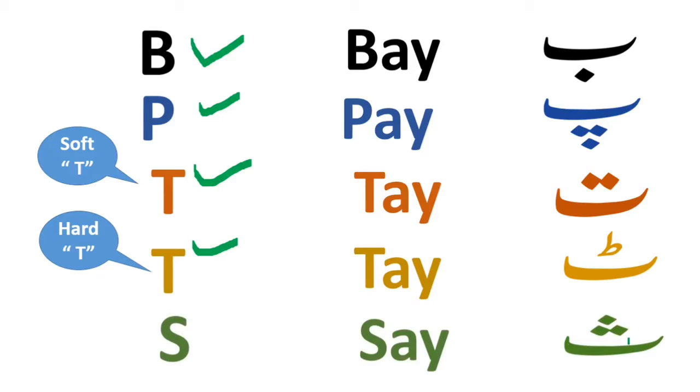Next we have Say, similar to S in the English language. This is the Be family of the Urdu alphabet, and it has 5 letters. Be has 1 dot under the line. Pe has 3 dots under the line. Te has 2 dots inside. Toy is actually a sign and also a letter, and it will come next. Say has 3 dots inside. Be, Pe, Te, Say.